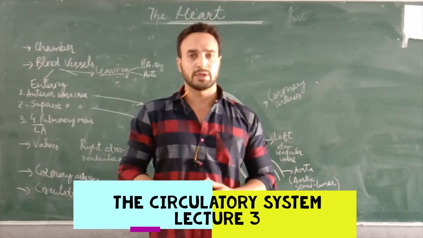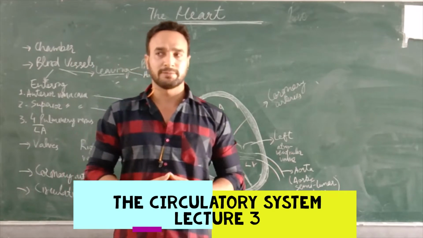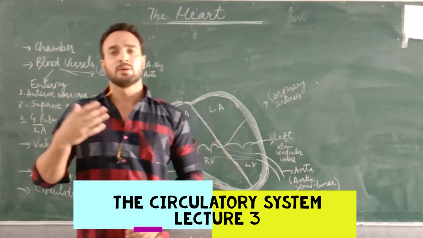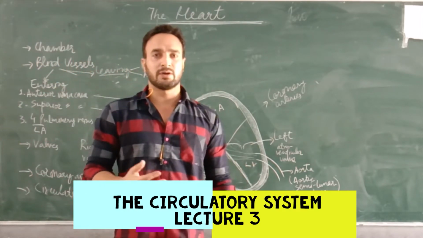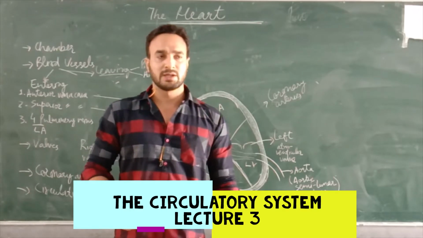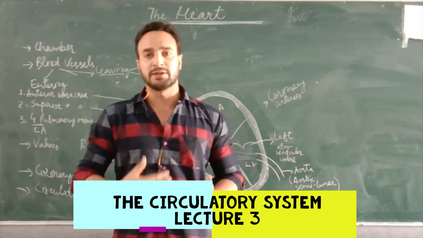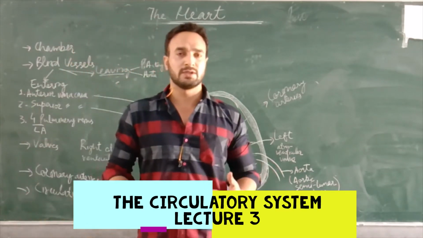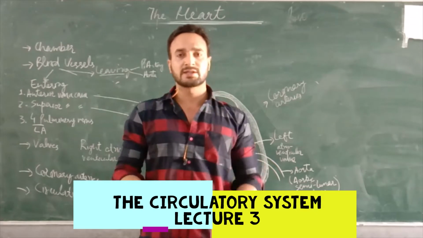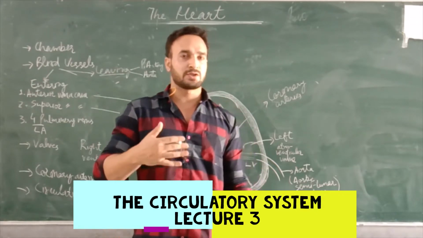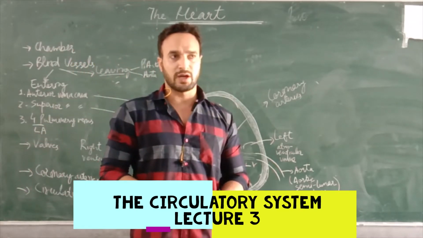So now, moving forward in this chapter, we are going to discuss the structure of the human heart, right? The human heart is a four-chambered heart. Like in some animals, the heart is three-chambered or two-chambered, but in the case of human beings, the heart is four-chambered, right? And the heart is situated right in the center of your chest, between the two lungs, just above the diaphragm.